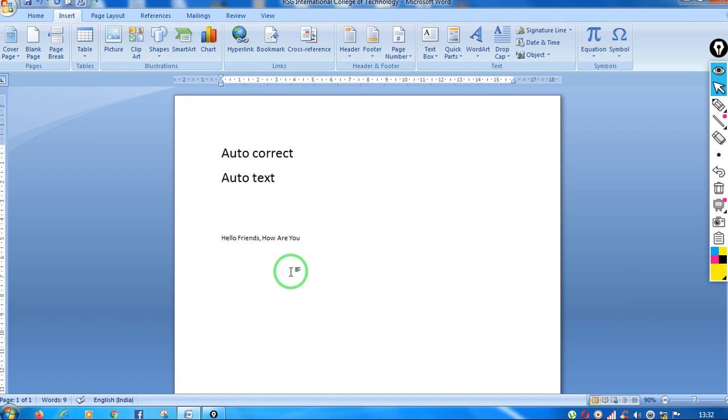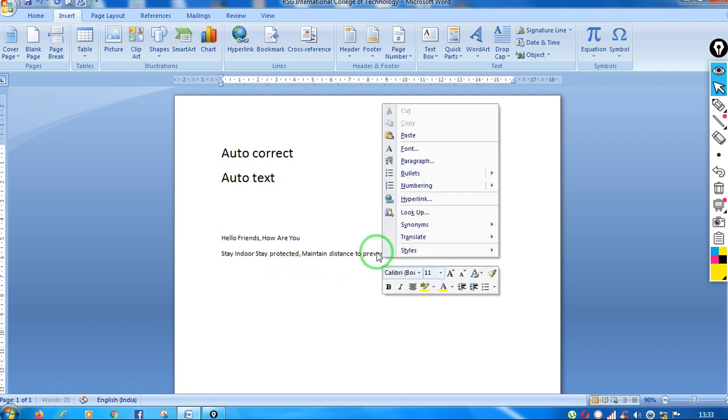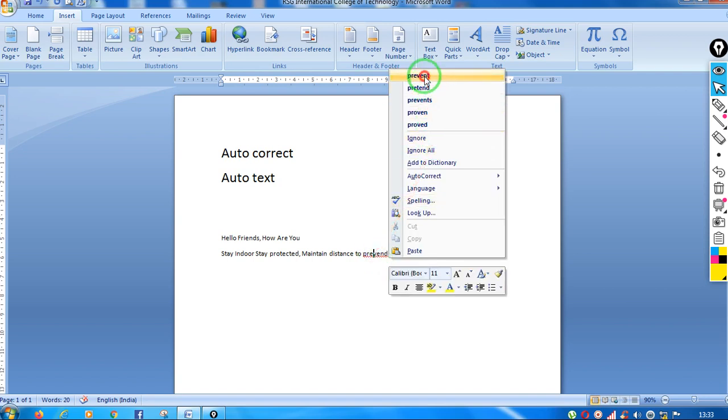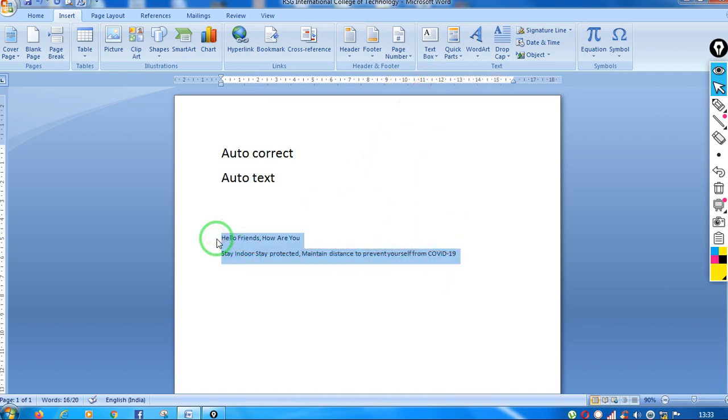Stay indoor, stay protected, maintain distance to protect yourself from COVID, coronavirus 2019. Okay, suppose this is the content that I want to store as an auto text.